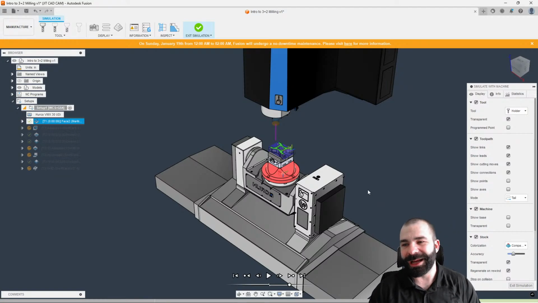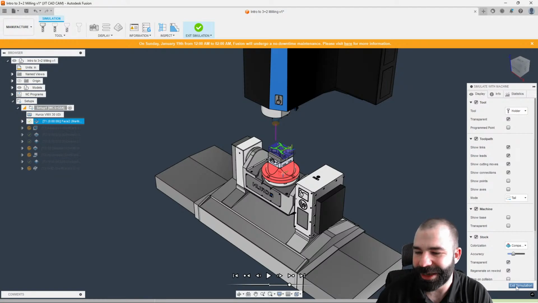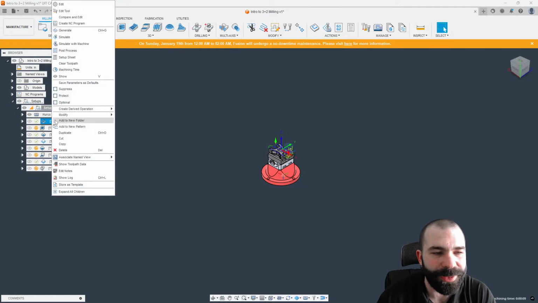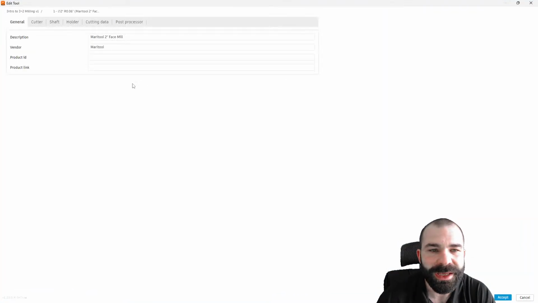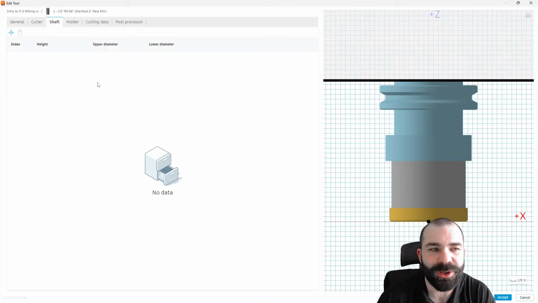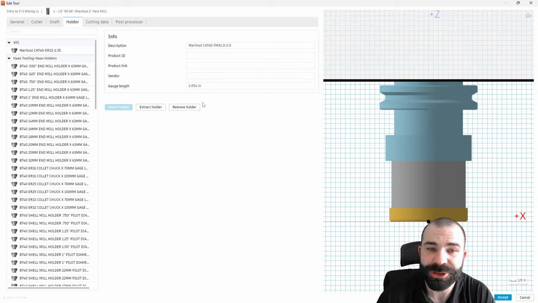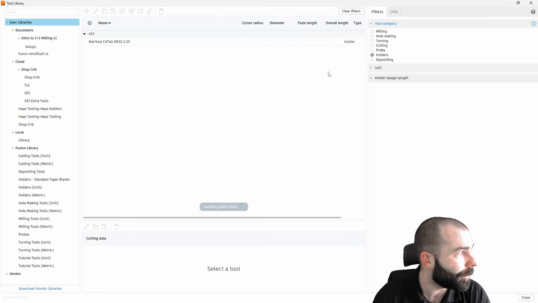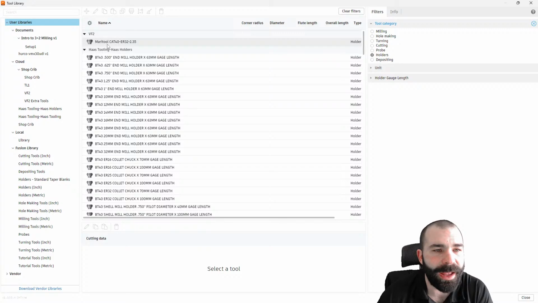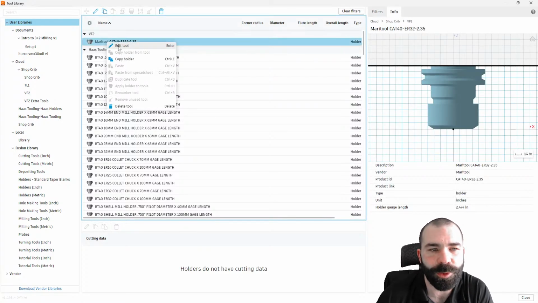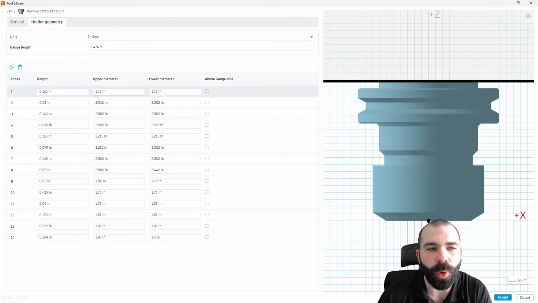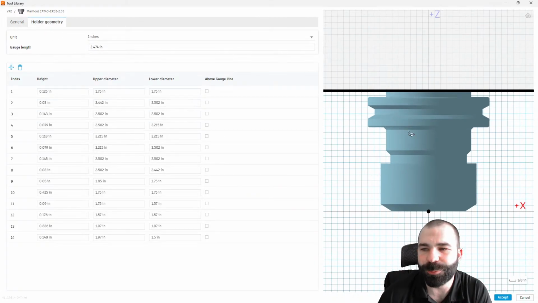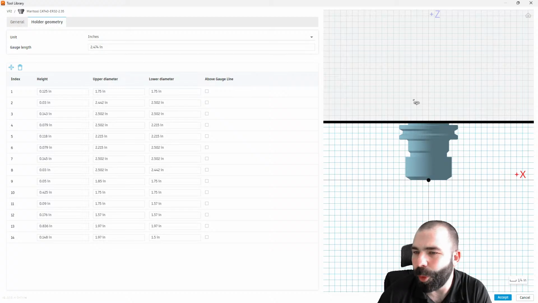So another question I got today was a lovely text message with a photo, but the problem was with the customer's tools. They imported a specific tool with a holder. Actually, they imported a holder, and what they had was an issue with the gauge line. I'm going to show this to you guys. I have to access my tool library in a little different way. So let's grab a specific tool. This was one that was very interesting to me because their holder geometry actually required the whole Cap 40